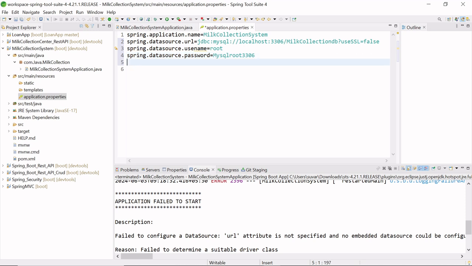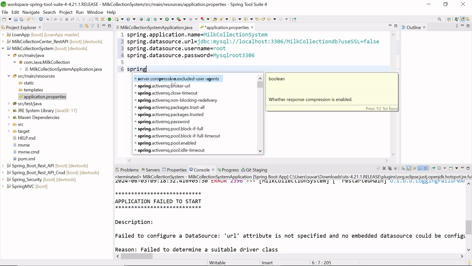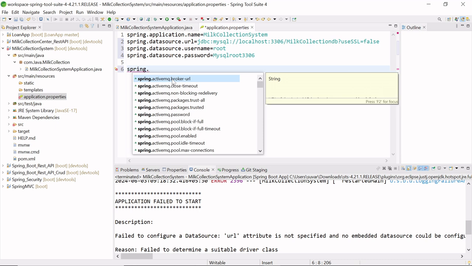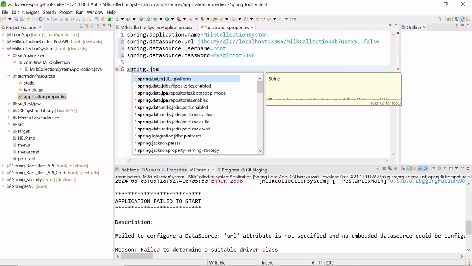Okay, and then, sorry, here the username. Okay, and then we have to use Hibernate properties like